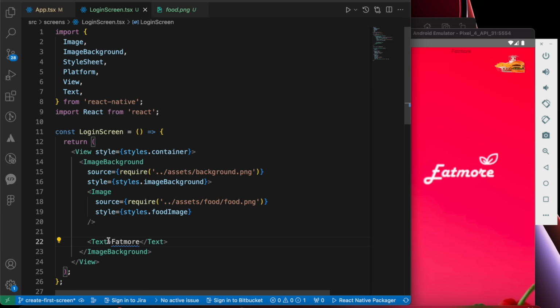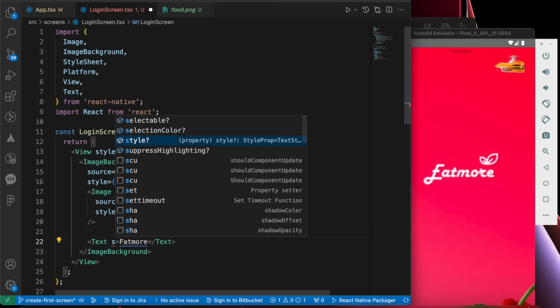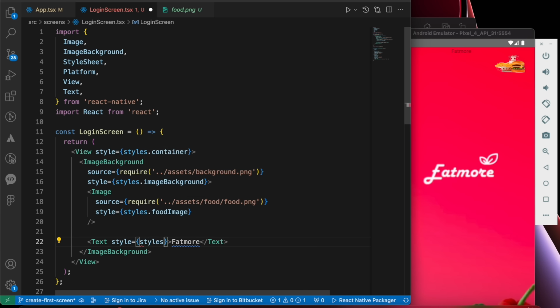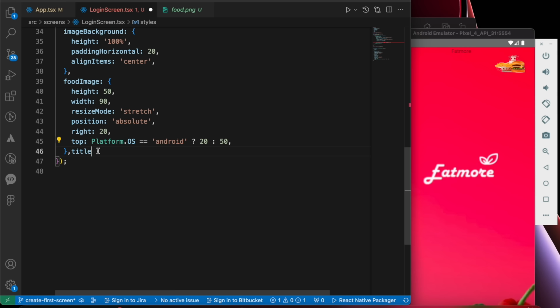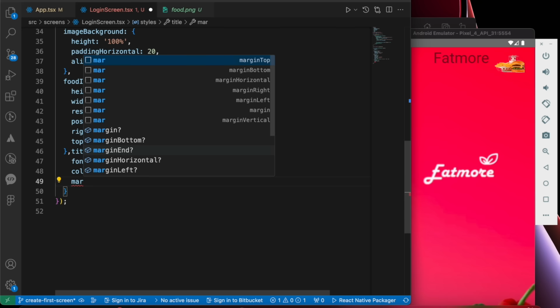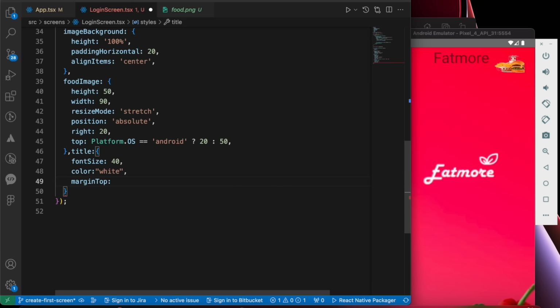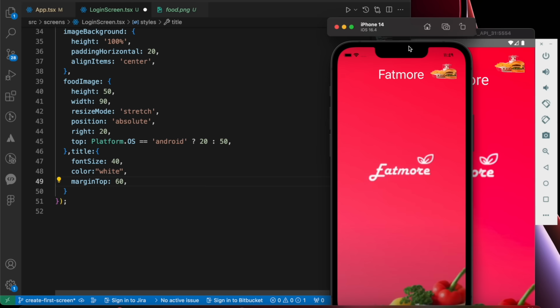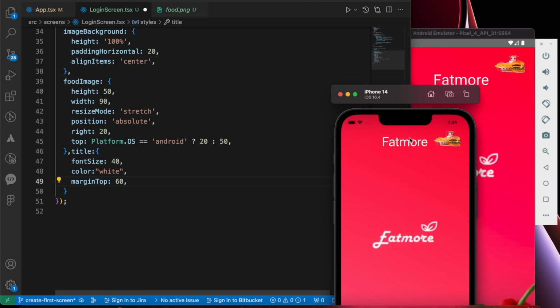Now let's add the styling to this text. Let's call it styles.title. Let's give it a font size of 40, a color of white, margin top, let's make it 60. If we have a look in the iOS, we want to give it some more space at